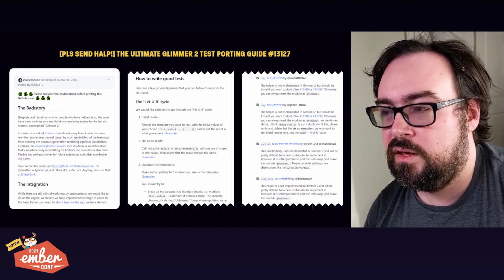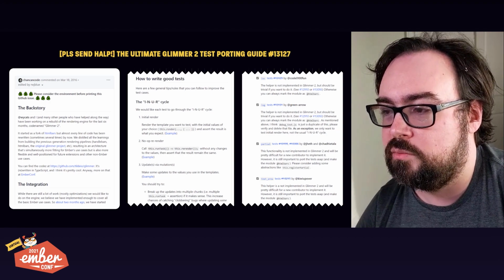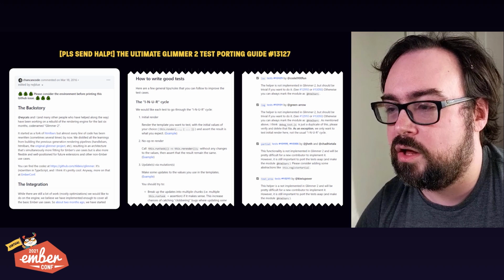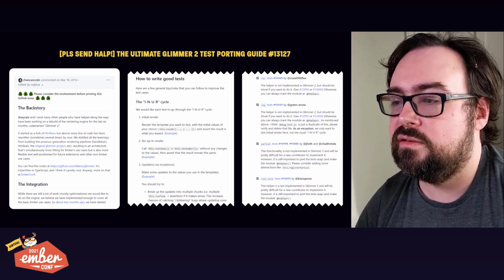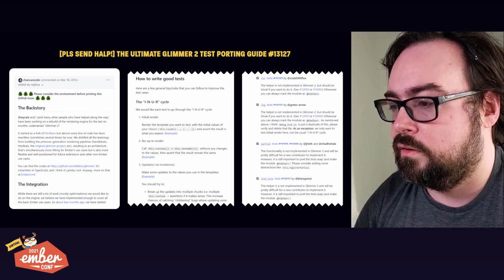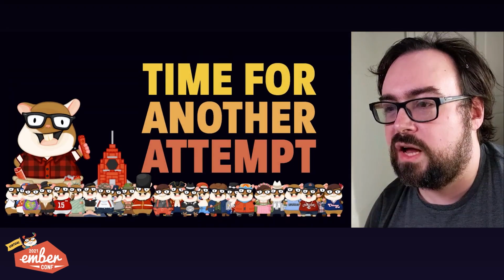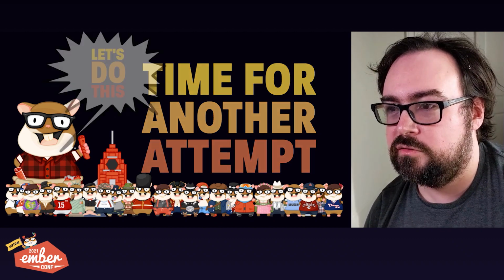This required real engineering. But what we realized is that people always underestimate non-contributors in their communities. A lot of people would love to help, but they just don't know how. So Godfrey took a day and wrote a long and detailed description of the plan for migrating our tests. 45 different areas of the test suite needed to be updated. It was time to call the Ember community to action.